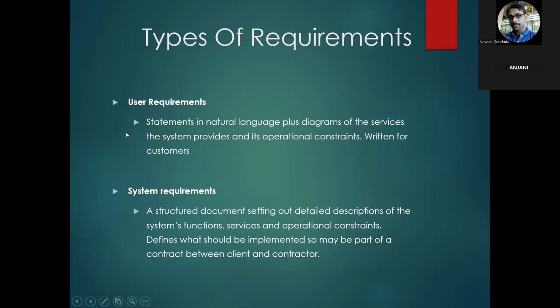Now we have the user requirements. User requirements are nothing but the services that the system provides and its operational constraints. I think you will get a clearer understanding when we move to the next slides where we define what the different user requirements are. Similarly, the system requirements are also a structured document giving detailed descriptions of the system functions, services, and operational constraints. It defines what should be implemented and may be part of a contract between the client and